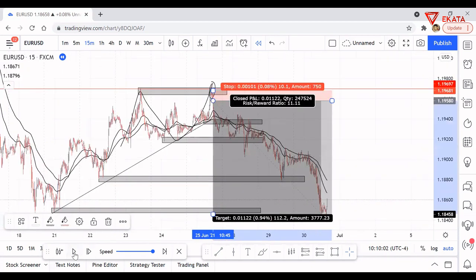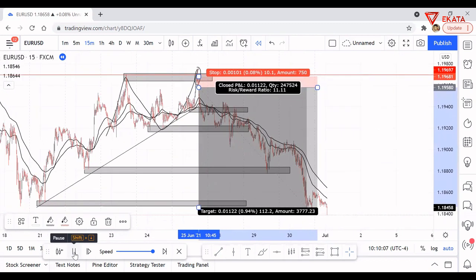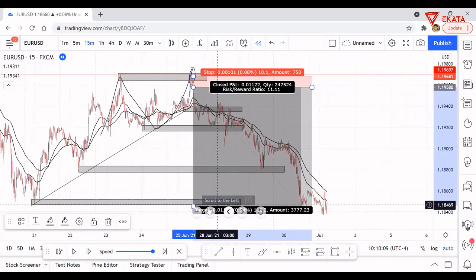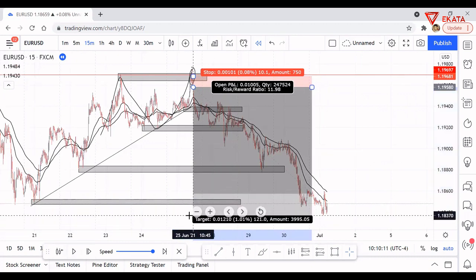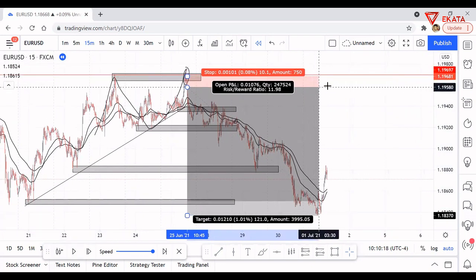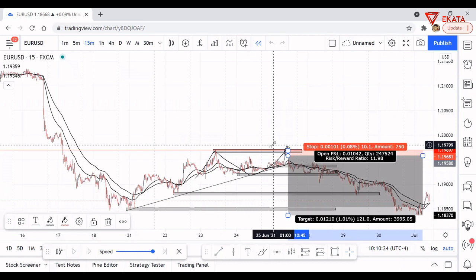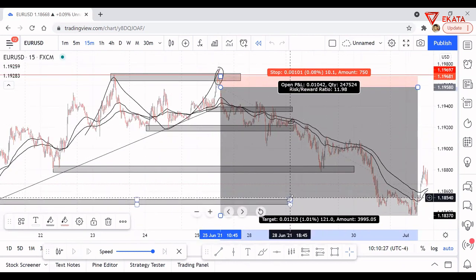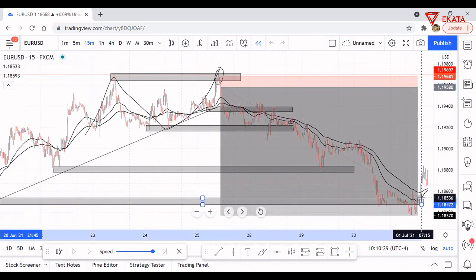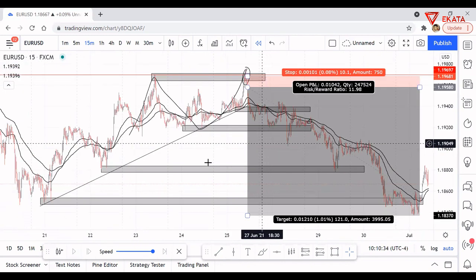With a 10 pip stop loss, you had literally the ability to yield over 120 pips of profit. This one trade would have given you a 1 to 12 risk to reward ratio just by understanding this basic structure. Simply by understanding this basic structure, who is trapped, who this trap is made for, and why. And you'd notice